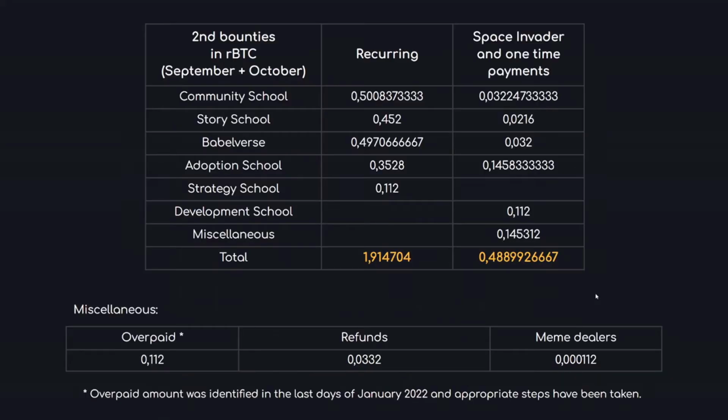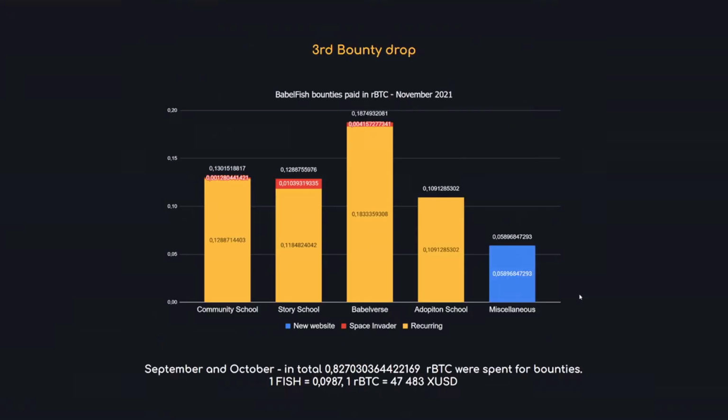You have the same structure shown also in the tables. So if anyone needs this document later, we can share it. The third bounty drop for November. So you see it's stabilized at lower values. It's a learning curve for us, and